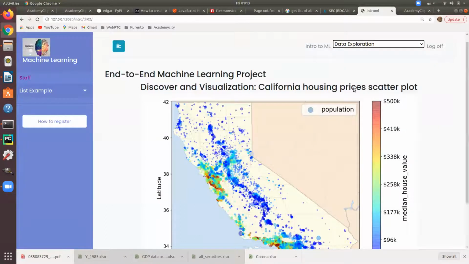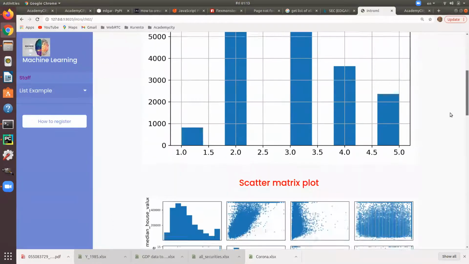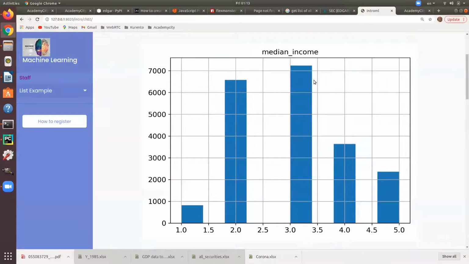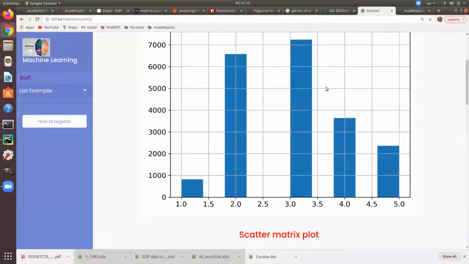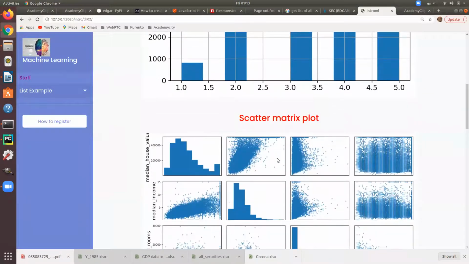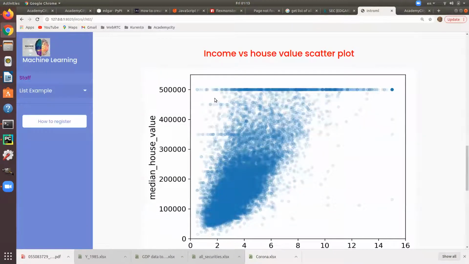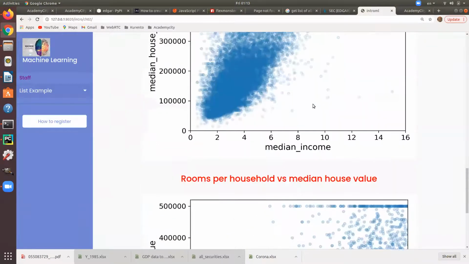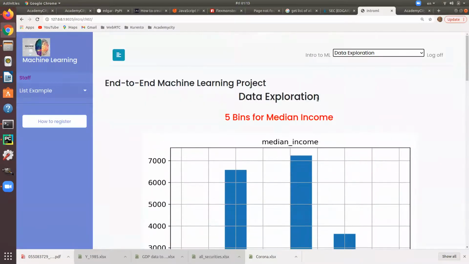Data exploration, we talked about the data exploration. Then here we said we have to be careful when we're taking samples. If we have a dominant variable that has a high correlation, we saw that income had a correlation of almost 68%, 0.68 index of the correlation, to explain the housing. So we have to do the sampling accordingly. We saw the scatter plot, and then we talked about this one that we should probably remove. We'll deal with it later on, and that's really diving in more for another variable. Then we looked at